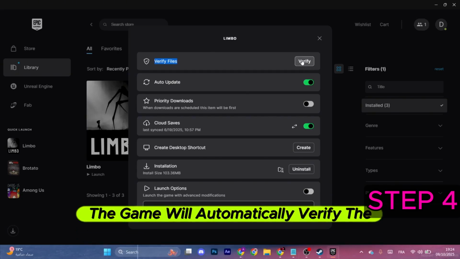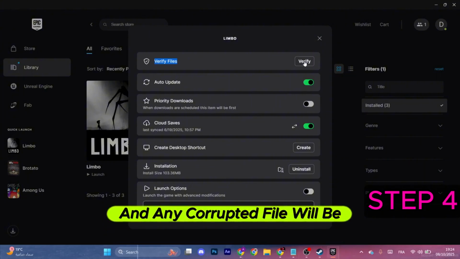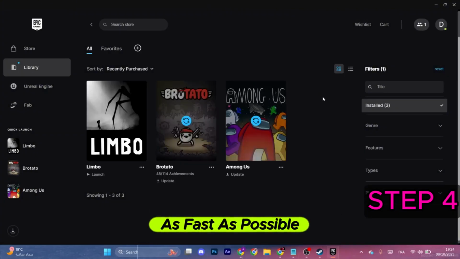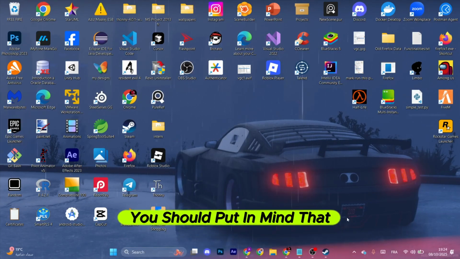The game will automatically verify the internal original files of the game, and any corrupted file will be recovered as fast as possible. Now if you did try all of that and nothing works, you should put in mind that